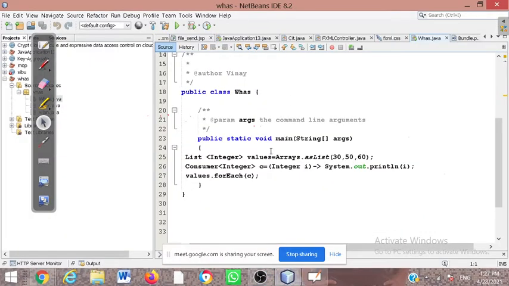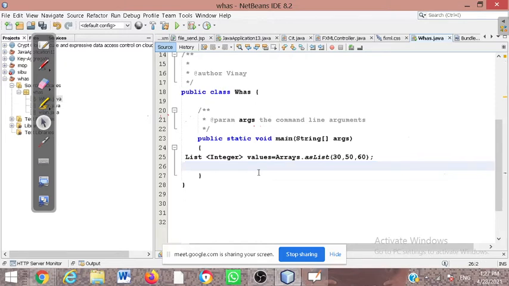So on the IDE, I am going to take the same code from the previous class. Here I am going to delete both of these lines of code, and here I take the List interface with an Integer parameter. We are going to use the Integer generic concept, because we have to use the integer data type here. And finally I am taking the reference of values here. Arrays is a class, and there the asList method is defined, and we are going to store in this collection framework the values 30, 50 and 60. I store these values in this Arrays class.